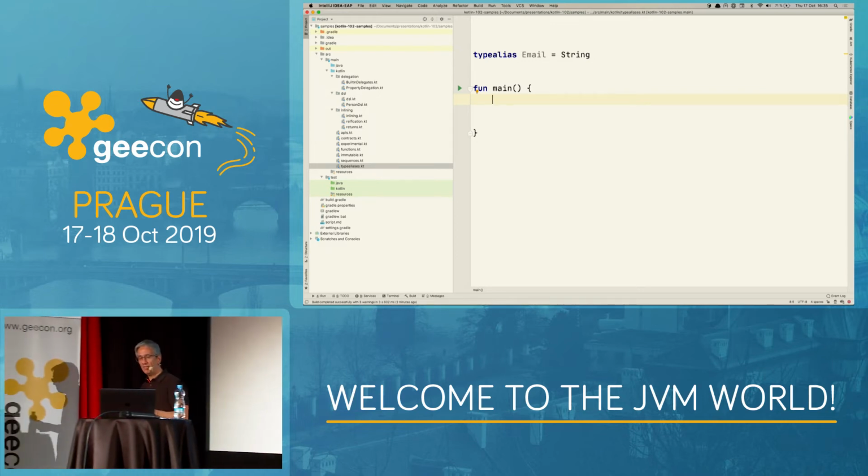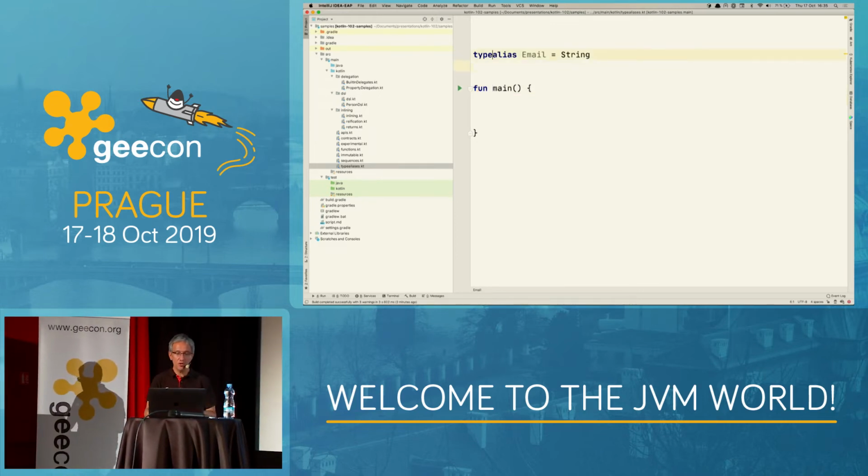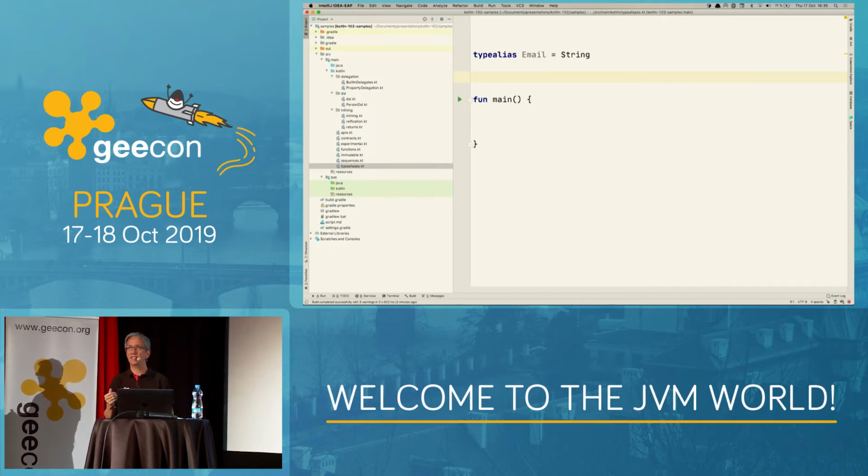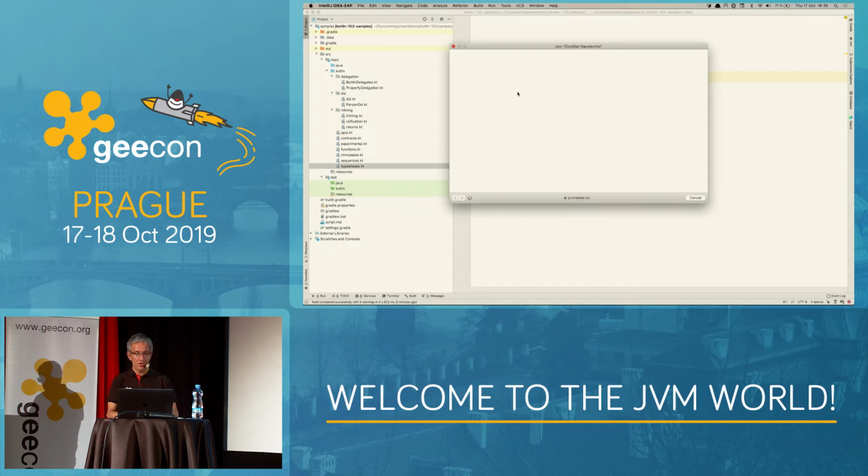What is the use of type aliases? A lot of people use it for creating higher order function syntaxes. So instead of, for example, passing in,